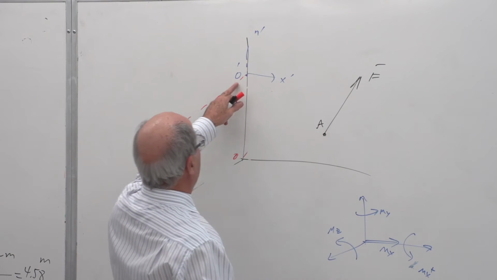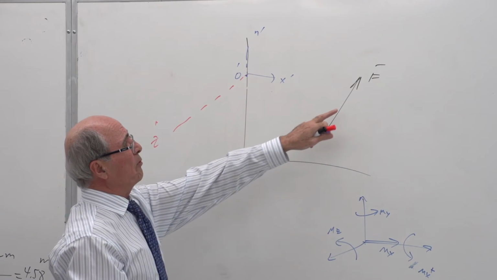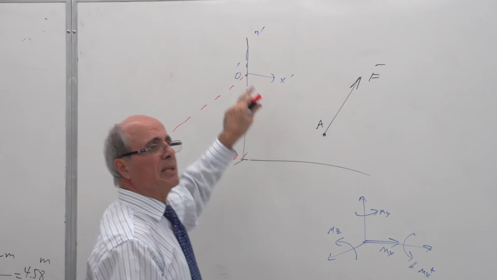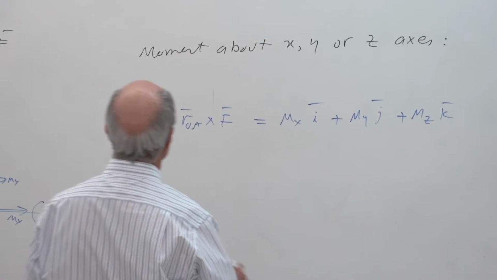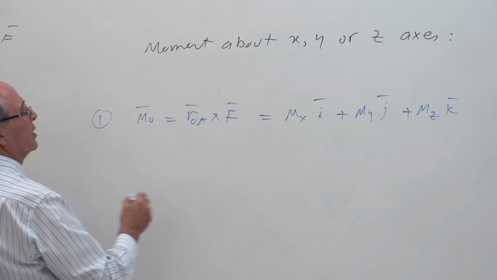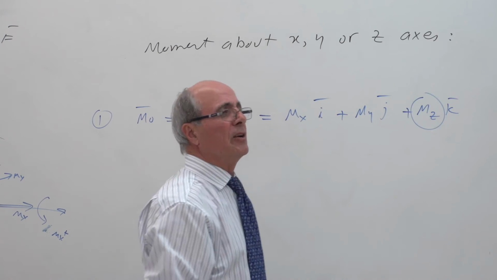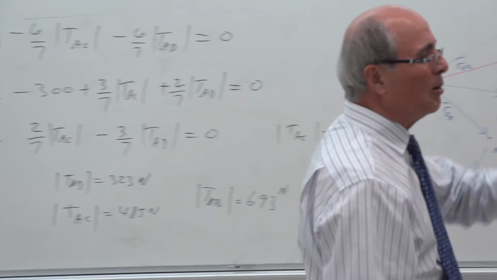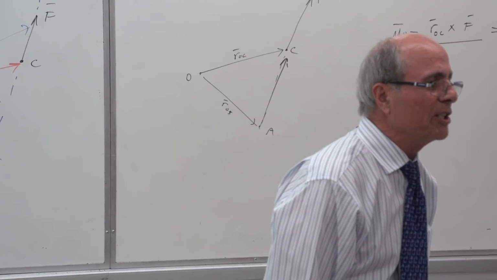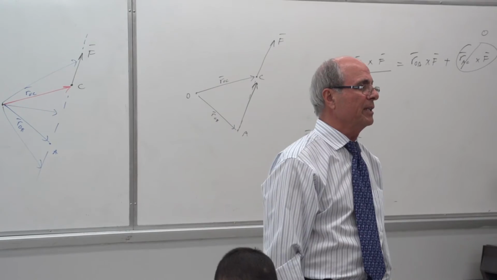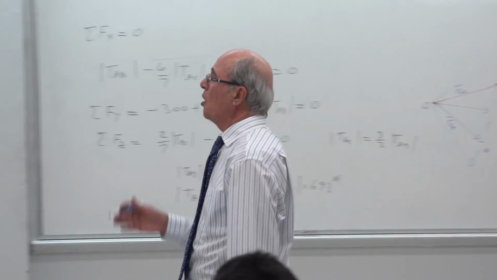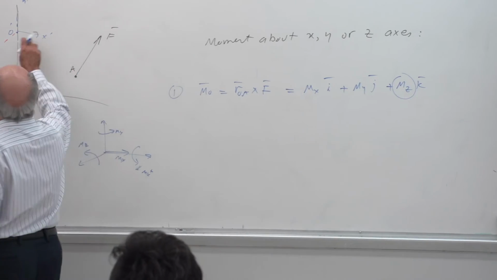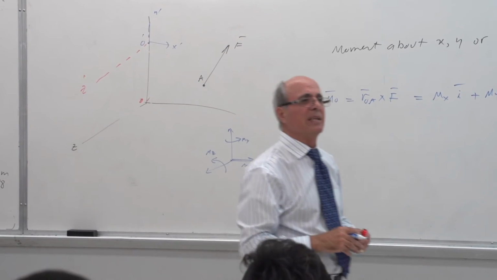So if the axis is here, and the question is to find the moment of this F about the z prime axis, instead of the moment about O, I take the moment about O prime. So in other words, this was question 1. If somebody asks me for the moment about X, I have that one, and I have a moment about Y. Everybody understands, by taking the moment about point O, correct? Now coming to the z prime axis, all I have to do, because x, y, z is arbitrary, I can put my x, y, z at point O prime. Everybody understand that? That's the same technique.